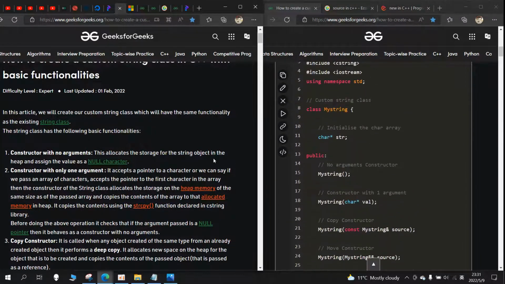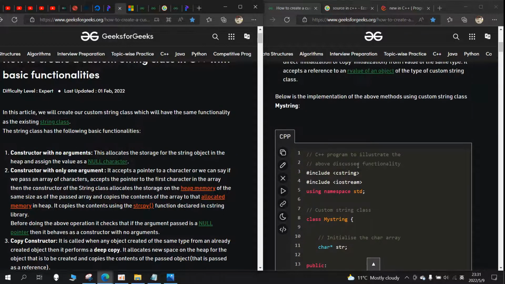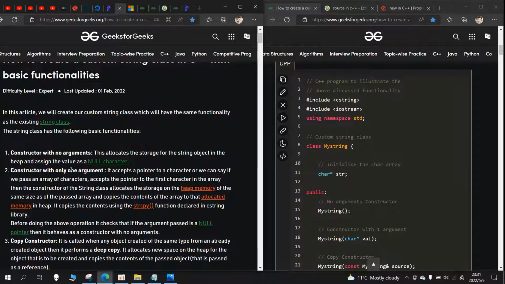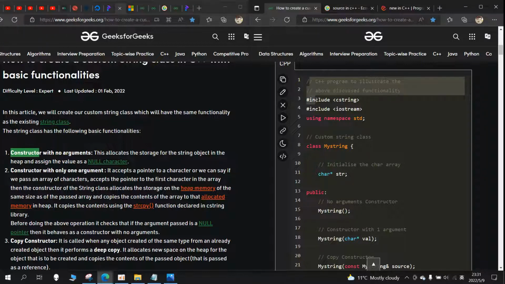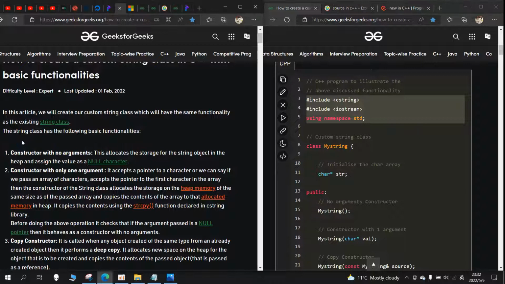So I'm going to explain and instruct the theory associated with the code. First of all, what is in the code? First we write the headers: cstring, then iostream, and then using namespace std, as you obviously know. And in this article we will create our